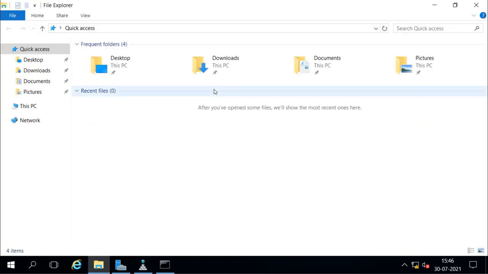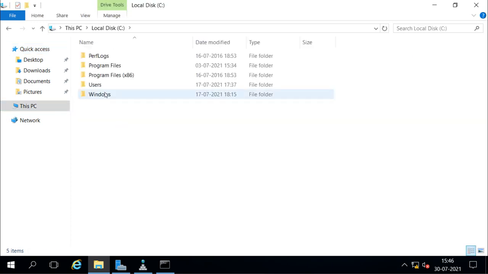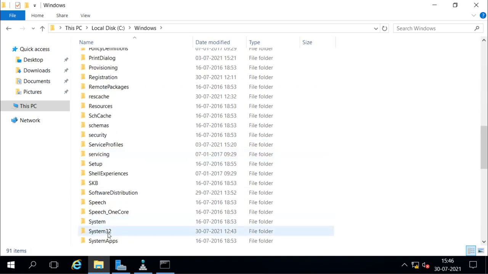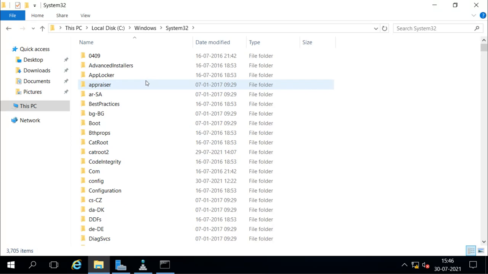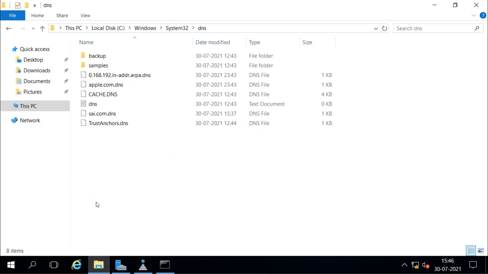If you go to C, Windows, System32, here we have a directory called DNS, and inside the DNS directory we have the records for these domains. You can see apple.com here, and the stub zone information we created is still there, and that is why it was resolving. So we have this file here.